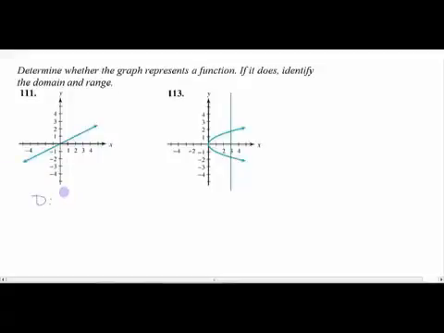It's going to be covering all of our x's. So domain is from negative infinity to infinity. And the range, of course, this goes down forever and this goes up forever. So all of our y's are covered. So we have a range of negative infinity to infinity as well. Now I know that this does not represent a function, so we're not going to find the domain and range,